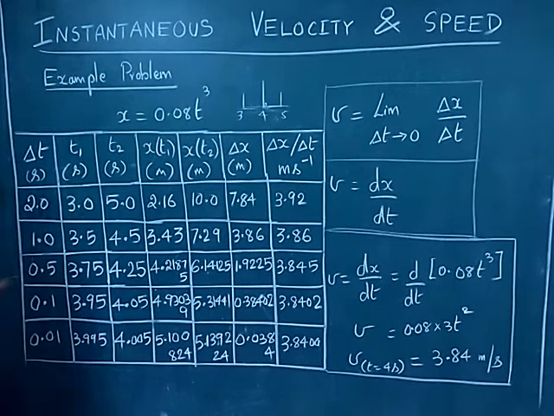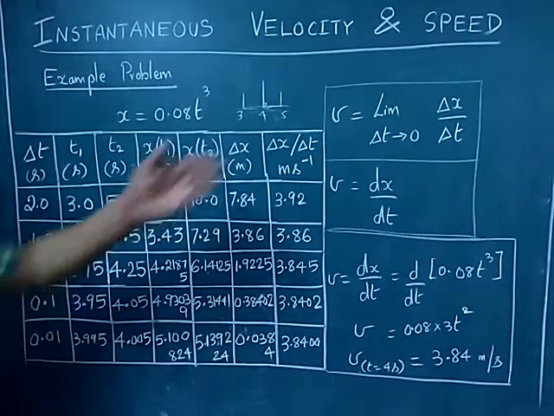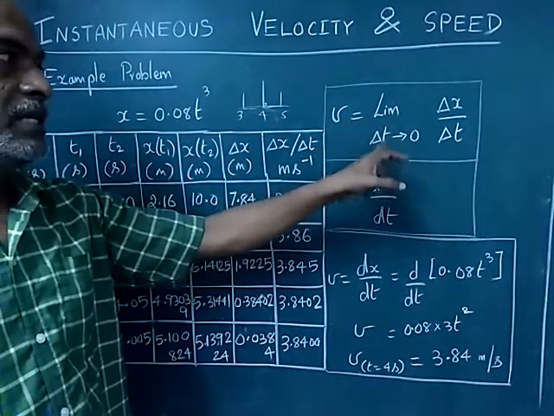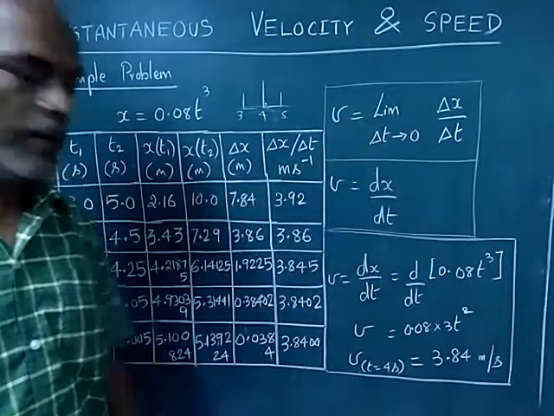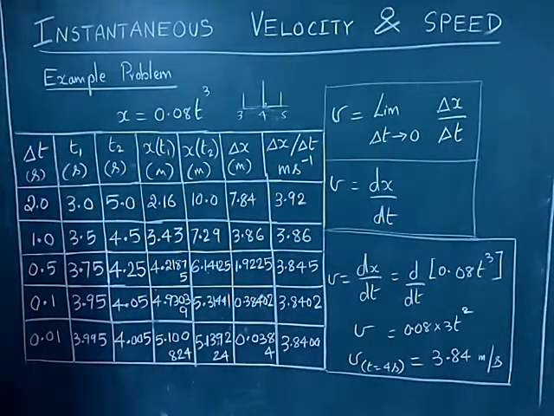Now if you carefully watch, del t at this point is 2, whereas del t when we take measurement here, it is 0.01. Now which is very close to 0? Compared to 2, 0.01 is very close to 0. So therefore it is not ideally 0, but it is very close to 0. That's what we want. Velocity is equal to limit del t tends to 0. Okay, right. So the del t value we know.